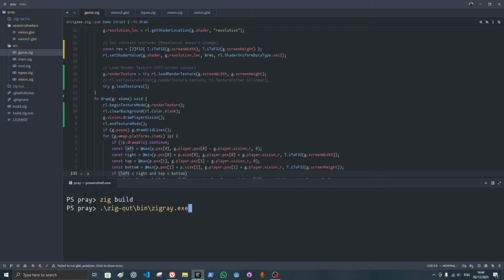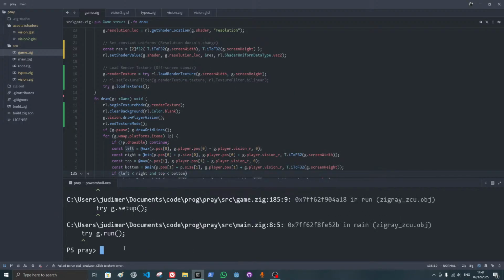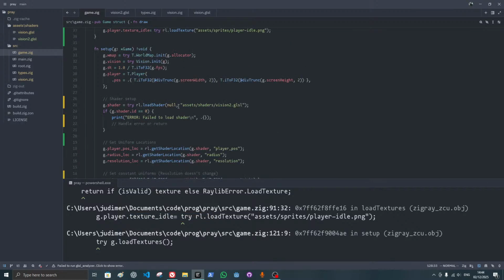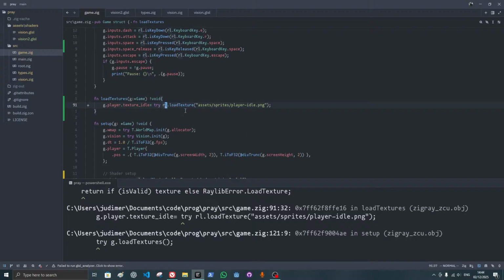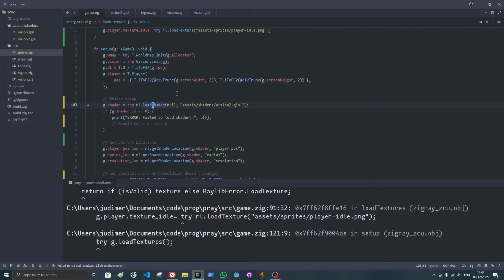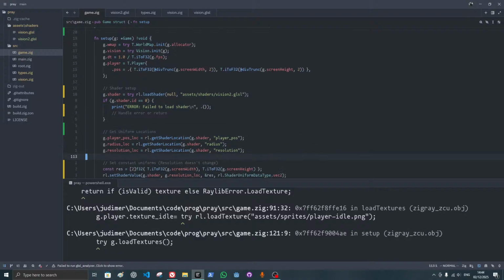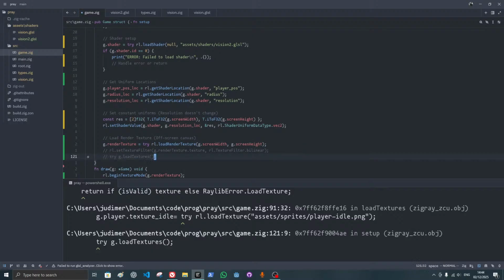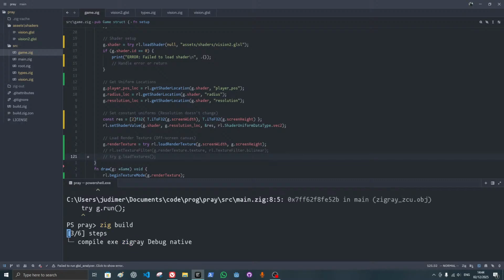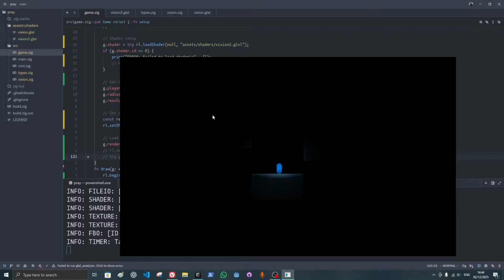Okay. Oh yeah, okay. I shouldn't load the texture because I don't have it. I put this. Load texture. Where is this called? Here. See that shader. No, shader is okay. Load texture. Okay, so what we are going to do